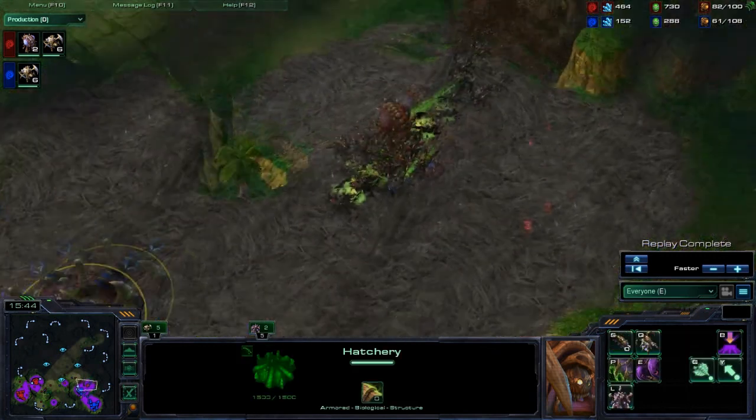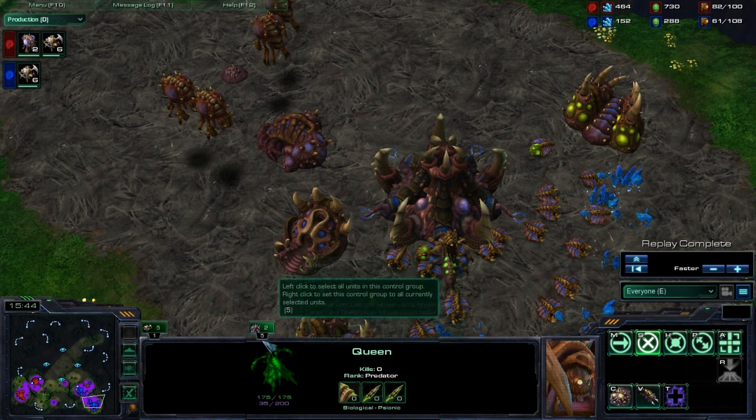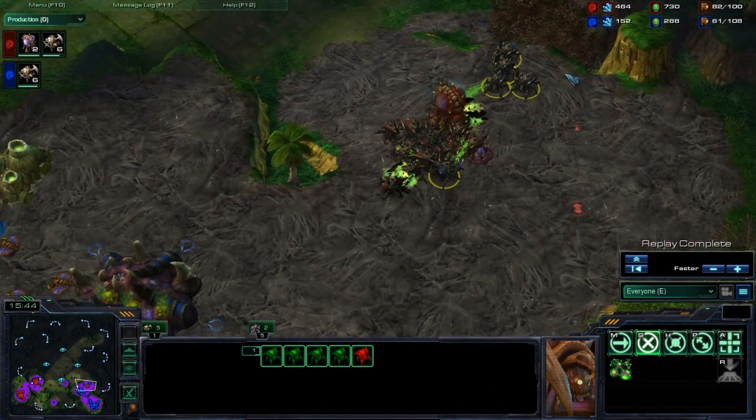So blue just left the game, I assume. Pretty good play from red, I would say, since that hatchery went down so early, and he pretty much turned it around. So good play from both players, and that's going to